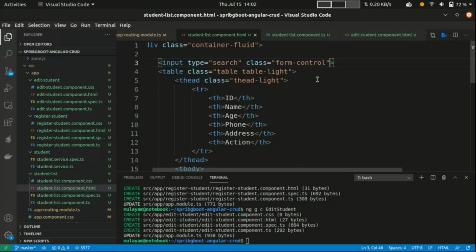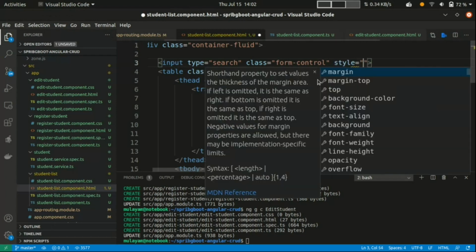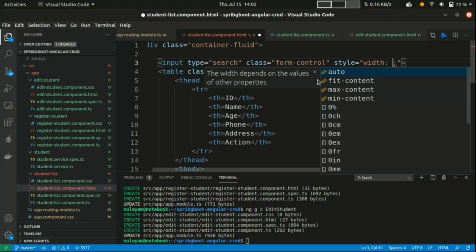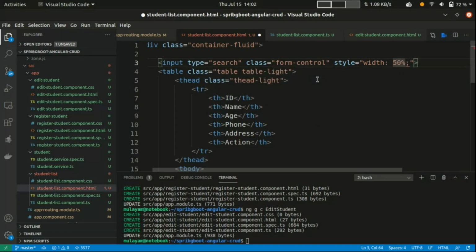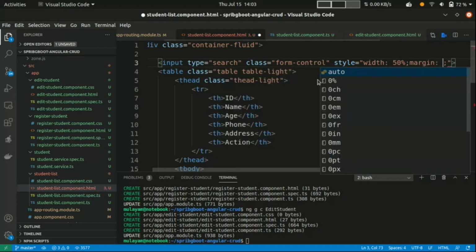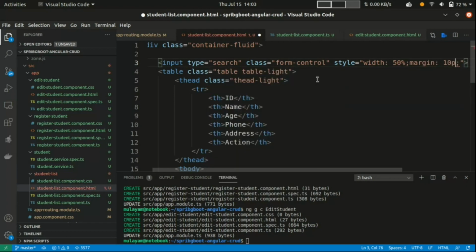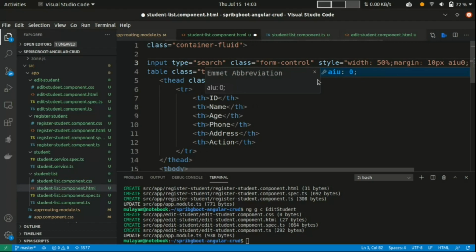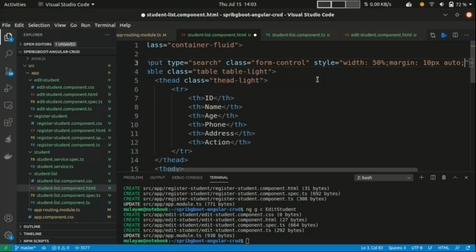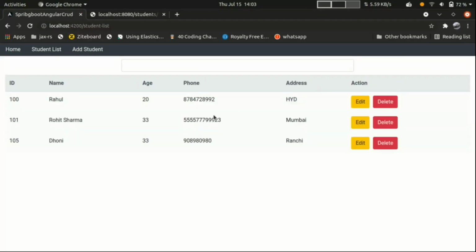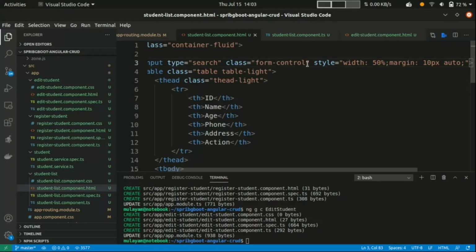Yes, I'm seeing it here. Let's add some margin, style, width 50%, and margin I want in the center, so margin just give 10 pixel and auto, both sides auto. That's great.